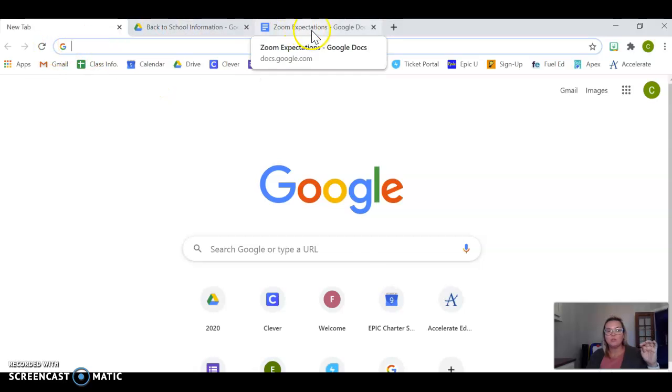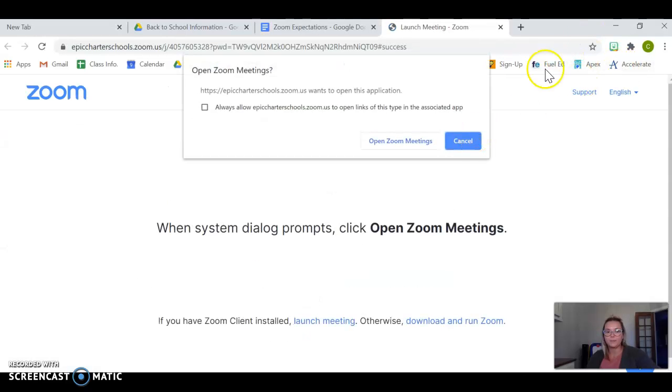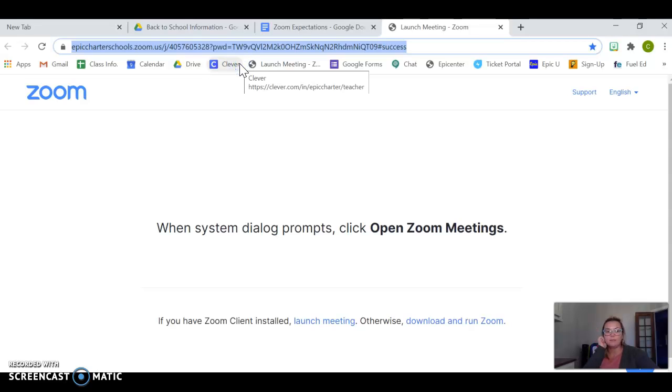And then the way that you do this is, let's say today I'm asking you to save this link right here. So I'm going to open the link, and then I'm going to just hit cancel here. But then I can take this, highlight the text, then you're going to click and hold down the button. So hold down your mouse and drag it to wherever you want it, and then let go of it,